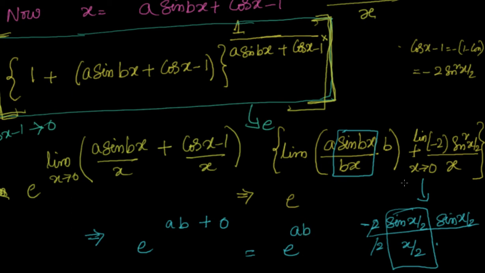So let me again look into this part. Minus 2 sin square x by 2 by x. By this time you should be very familiar with this because we have done so many problems like that. Now sin square x by 2 is sin x by 2 into sin x by 2. I want to make sin x by 2 by x by 2 as 1. So I have to change x as 2 into x by 2 so that I can take this box as 1. Now 2 cancels, but unfortunately as x tends to 0, sin x by 2 tends to 0.